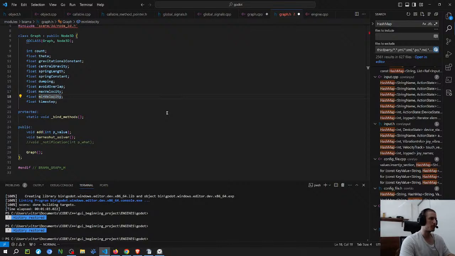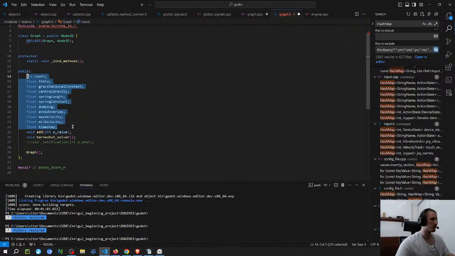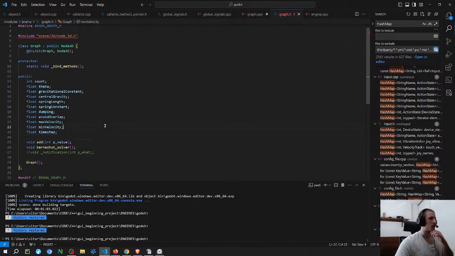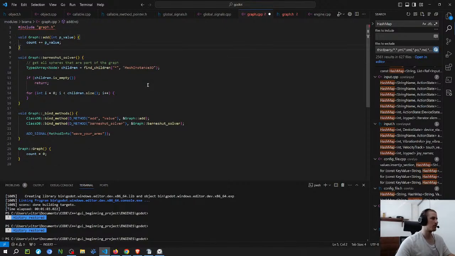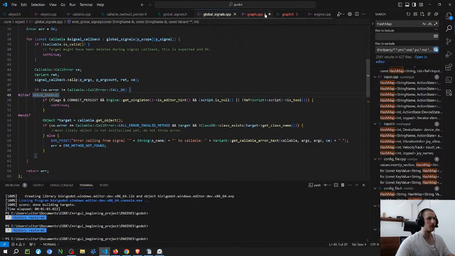So basically I'm going to use these member variables to calculate everything on the solvers. So from the function, I'm going to create this now already.